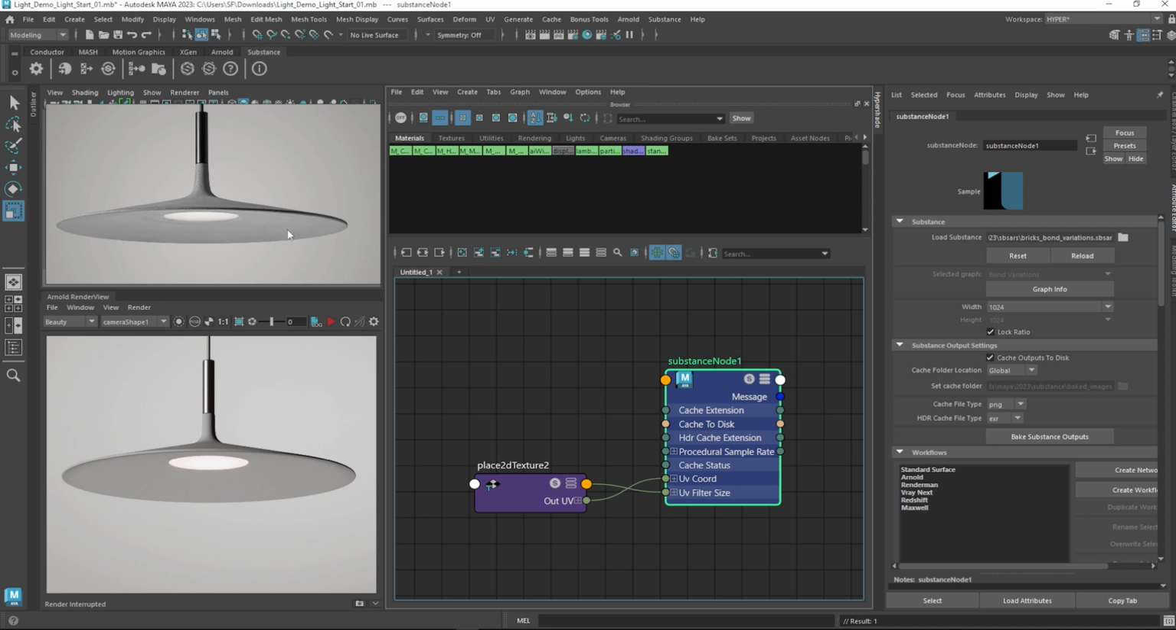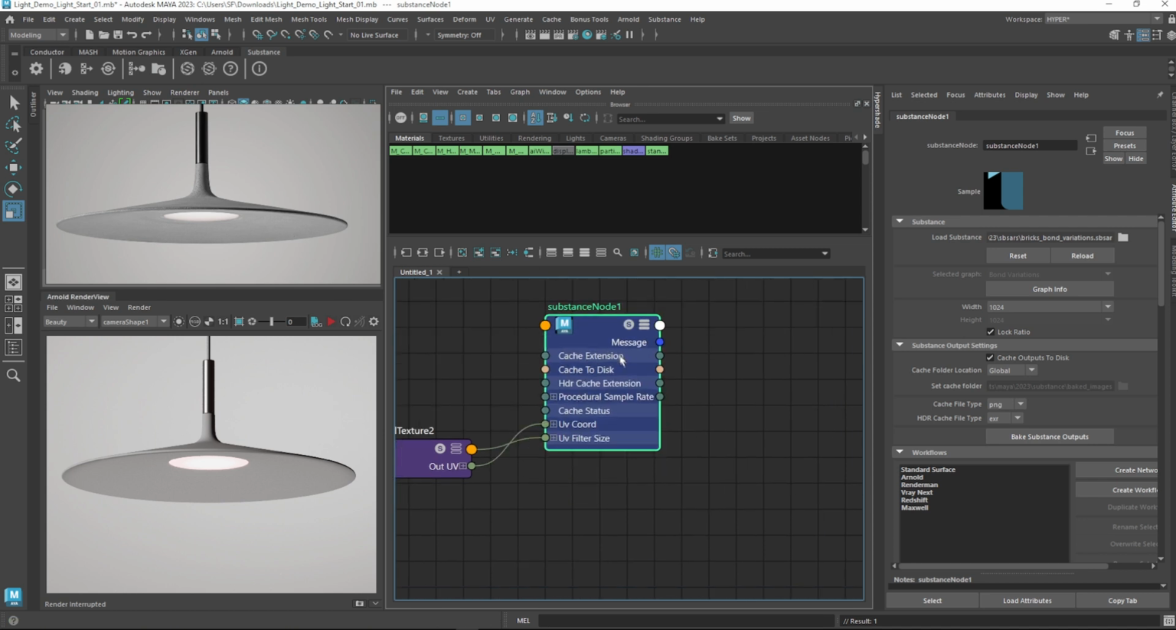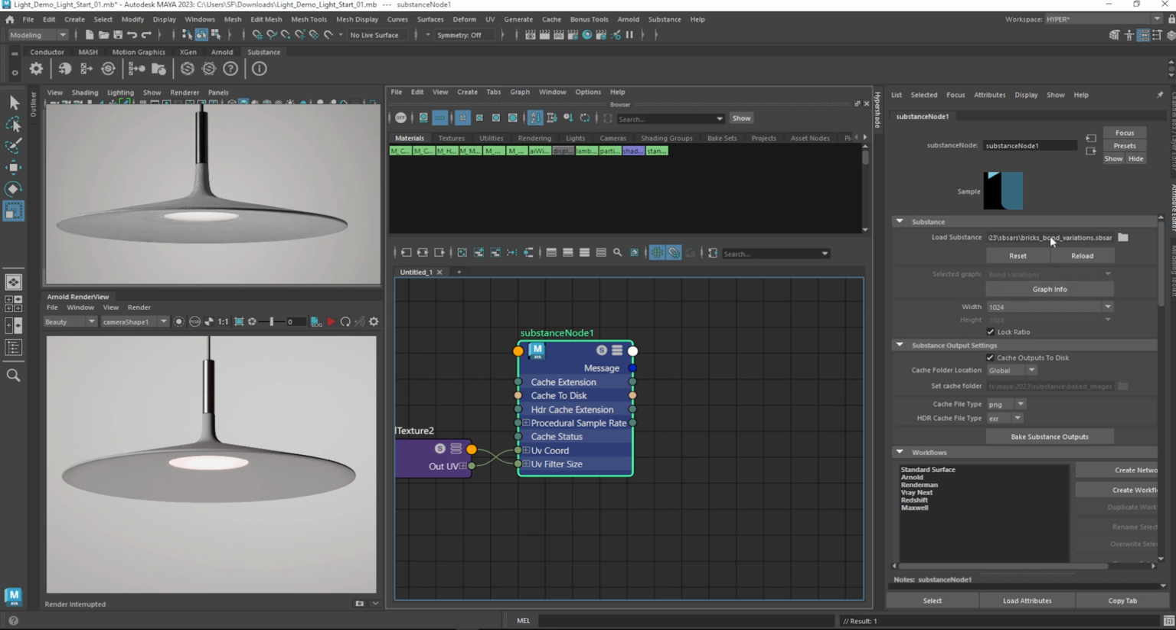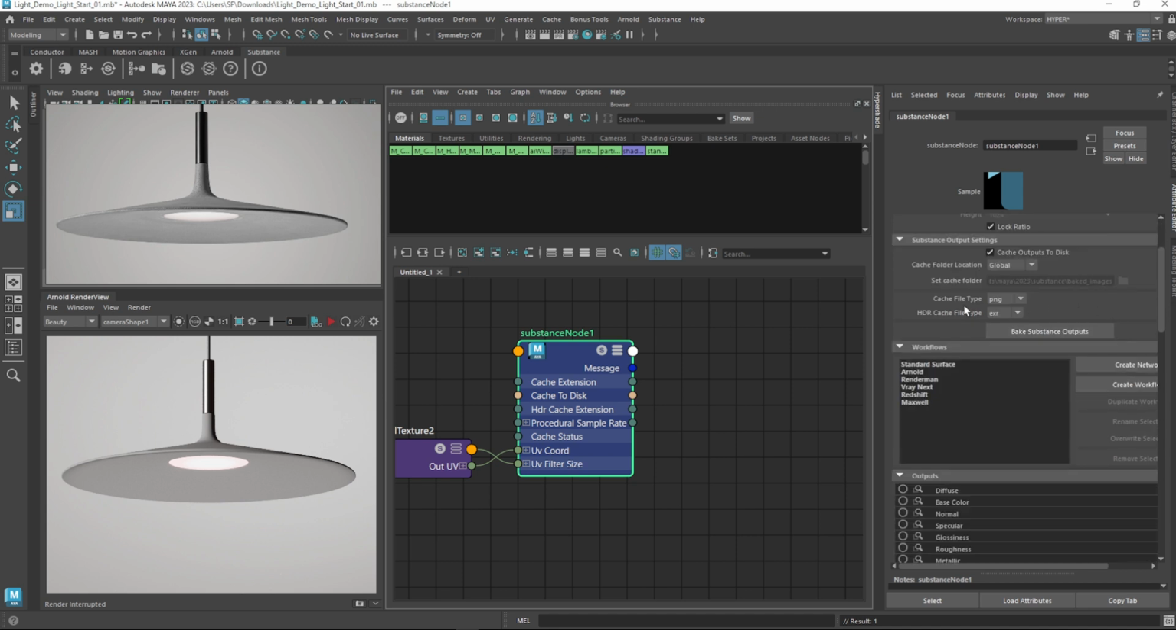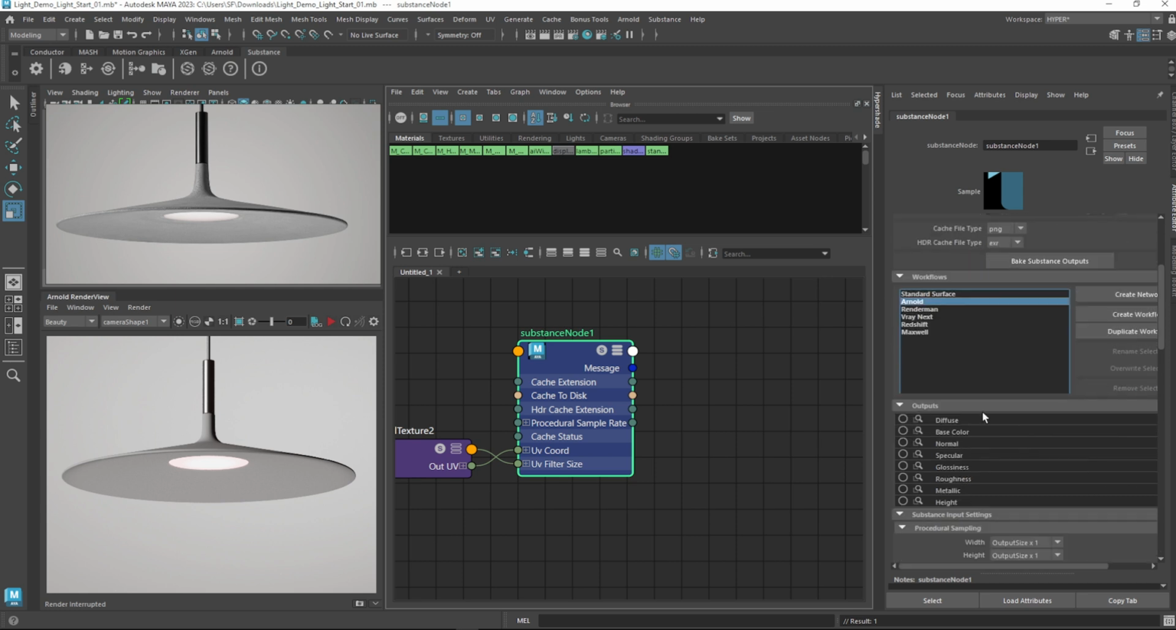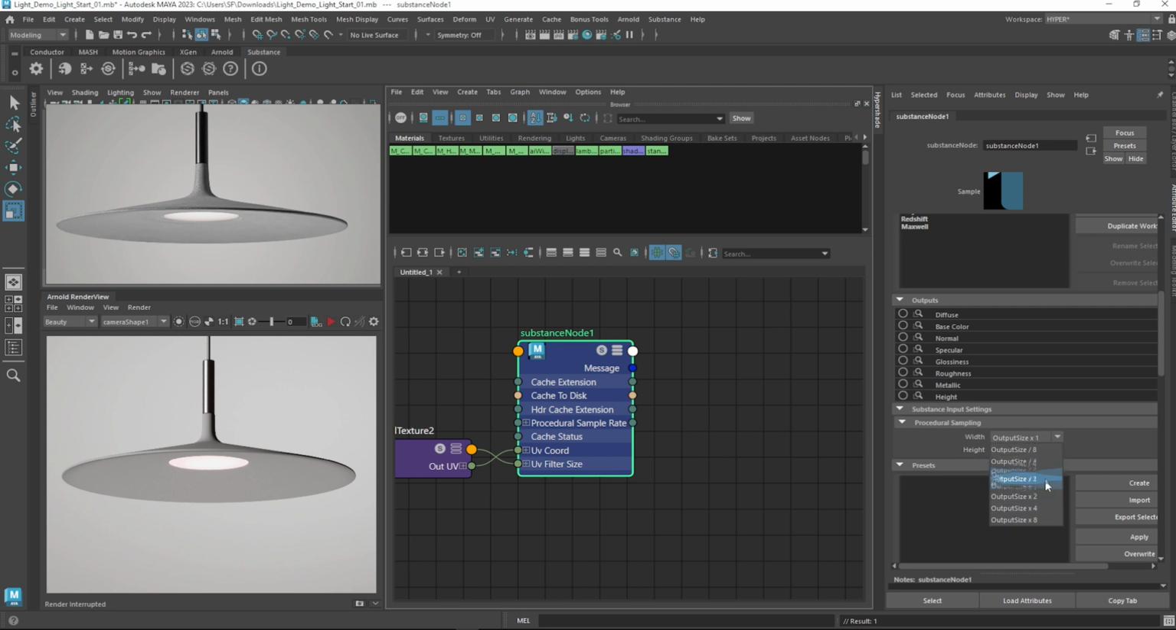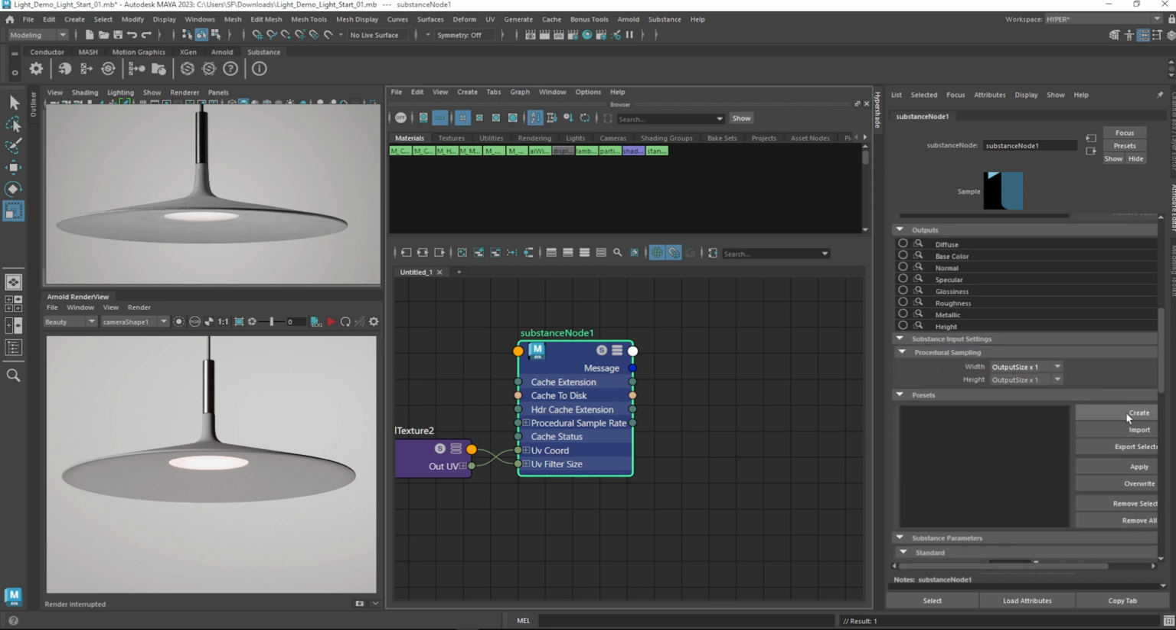Now, the substance node is the driver behind everything, and you can see here that it's loaded a sbsar file, and when this is installed, it's installed to this directory. We have a few different options down here. Here is our preview resolution. We have the option to cache to disk, which is automatically enabled. We have our workflows, so we can select different renderers. We have our outputs. We have multipliers for changing the resolution. And then we have down here,